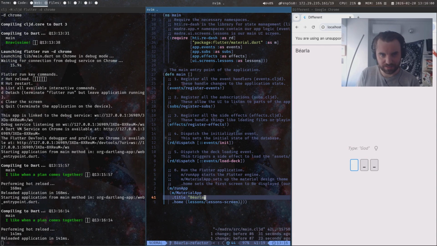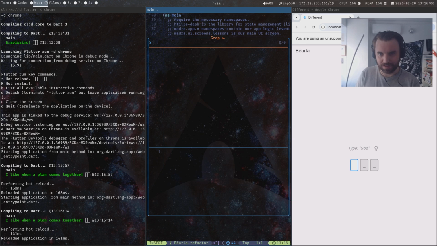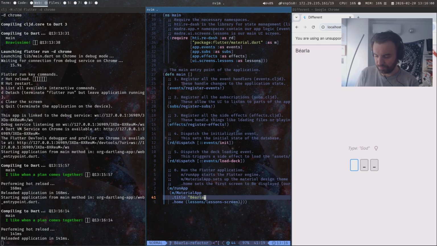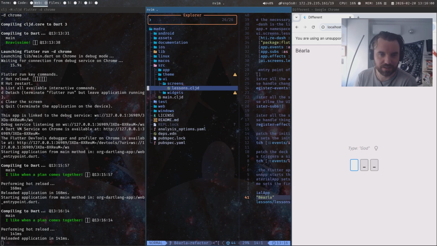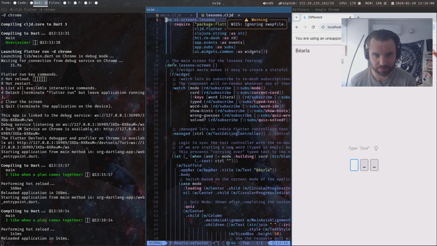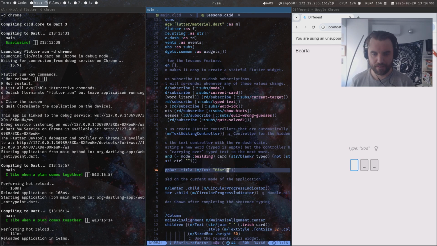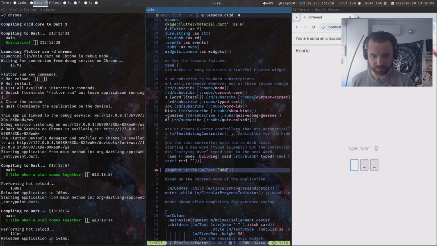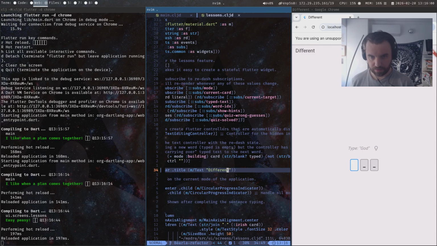Clean up after ourselves. Which one would that be? Everything should be called lesson. Let's see. UI, screens, lessons. Probably here somewhere. Yeah, it's this one here.